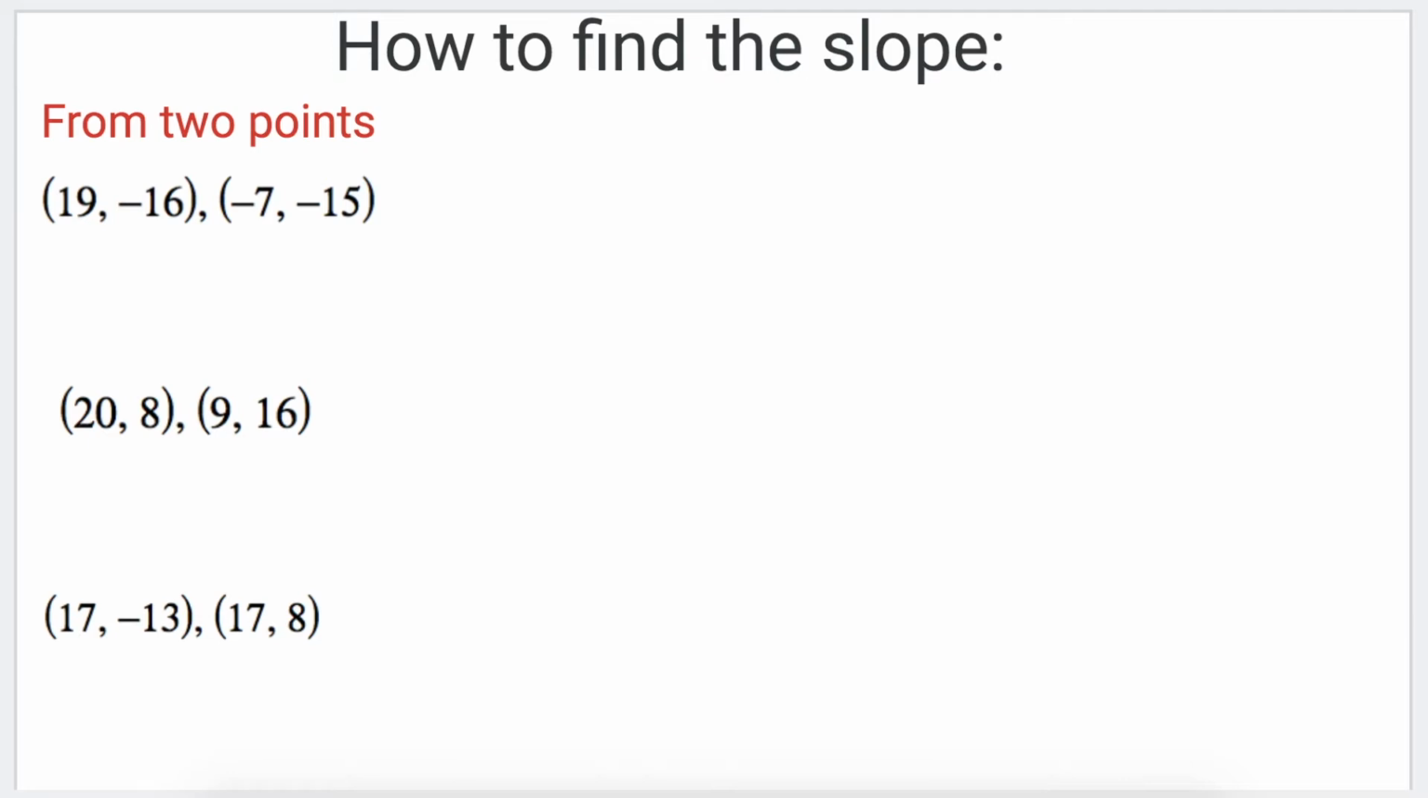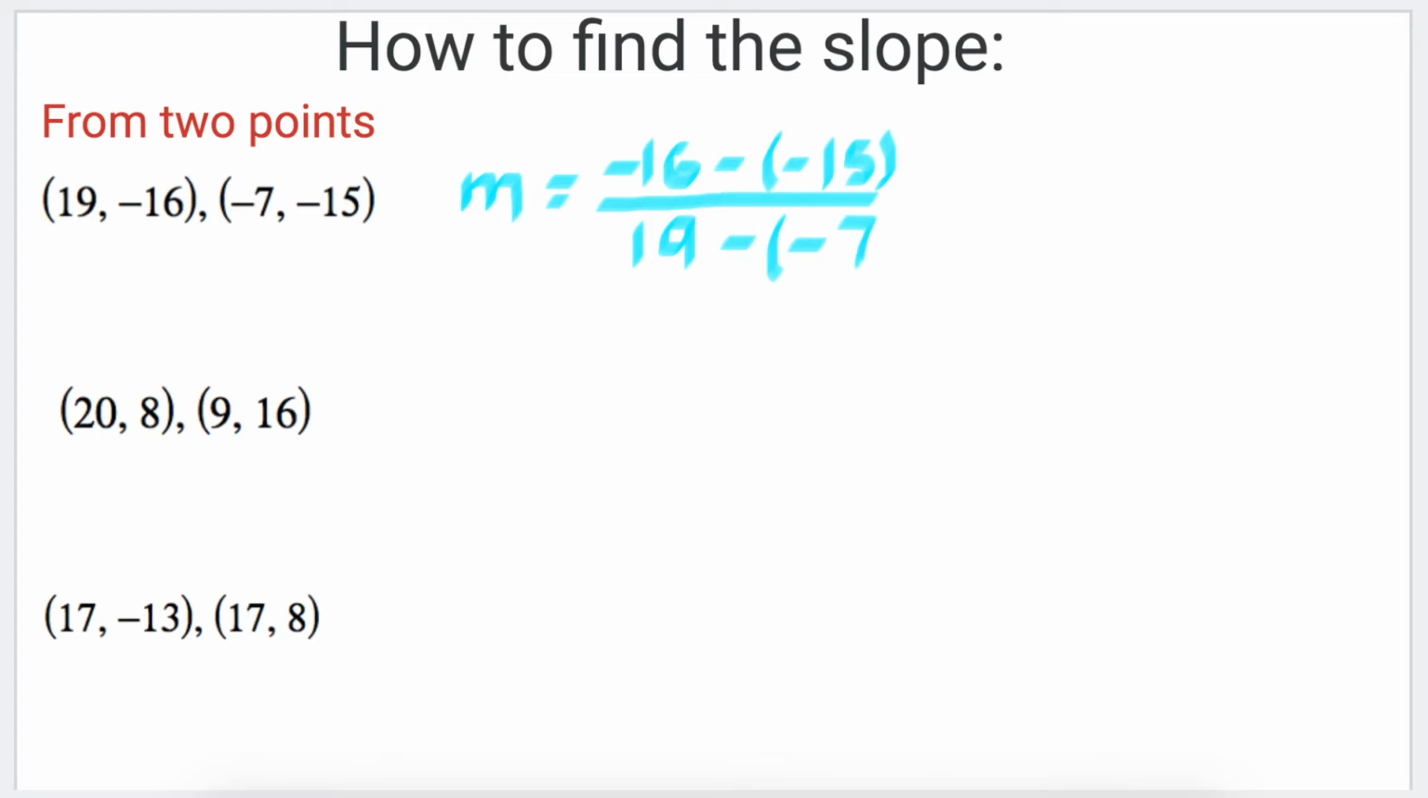We're going to use our formula m equals, so instead of writing the word slope, we're going to be using this letter m here to signify or represent slope, equals the difference of the y values. So we have -16 minus (-15). Notice I'm putting this -15 inside parentheses so that the -15 is not confused with the minus sign. And then in the denominator, we have 19 minus (-7). And I'm doing the same thing in the denominator, where the -7 is not going to be confused with the